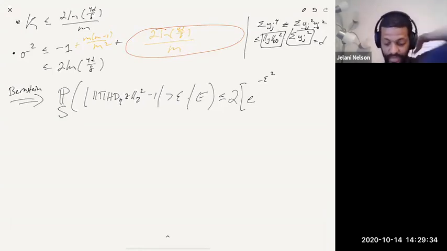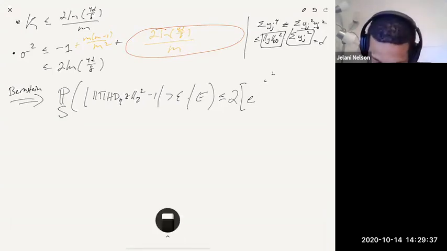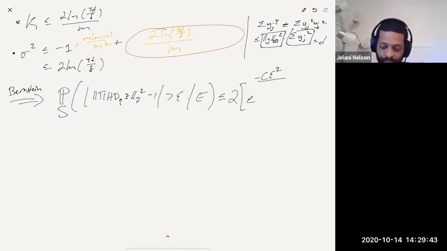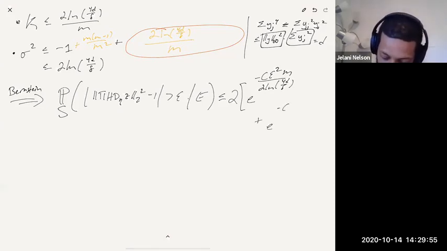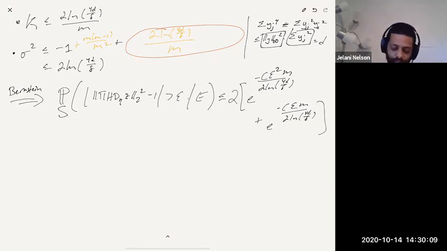So now we apply Bernstein, we get 2e to the minus c epsilon squared over sigma squared. So you divide by sigma squared, which means you multiply by m over 2 ln 4d over delta. And then the other term in Bernstein is e to the minus c epsilon, and now here you have k. You divide by k. What is k? K is m, so if you divide by k, it means you multiply by m divided by 2 ln 4d over delta. So this is less than delta over 2 for m large enough, namely